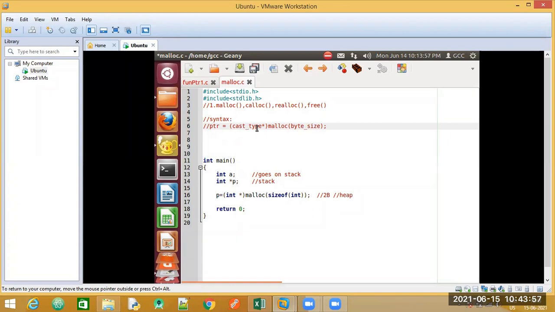If I am trying to store the names, what will the cast type be? I am trying to store a name, so the cast type is going to be char. If I am trying to store the percentage of the students, percentage can be in terms of decimals, right? They can be like 79.8, 89.9. So the cast type is going to be float. So you understand that cast type basically is trying to tell you about the data type, the type of data you want to allocate to a particular variable.